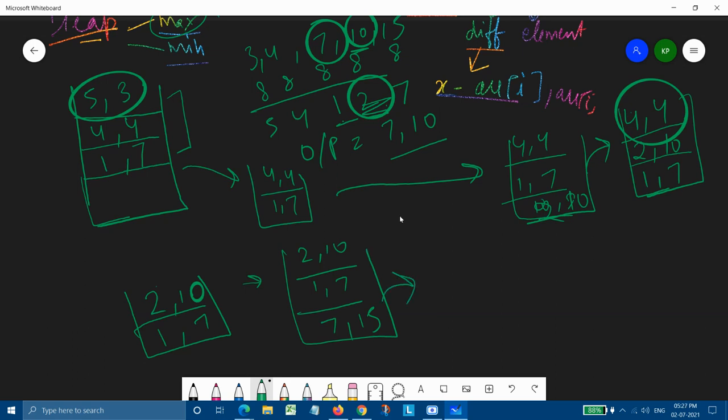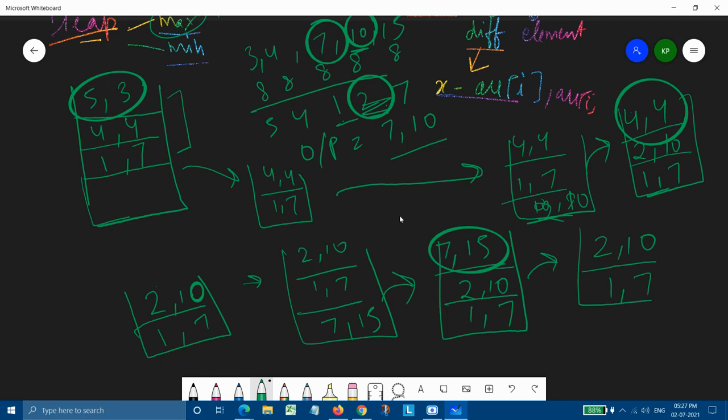The max heap will sort again and become 7, comma 15, 2, comma 10, 1, comma 7. As it has exceeded K, the top element will be popped and our max heap will finally become 2, comma 10 and 1, comma 7. So our final answer will be 7, comma 10.